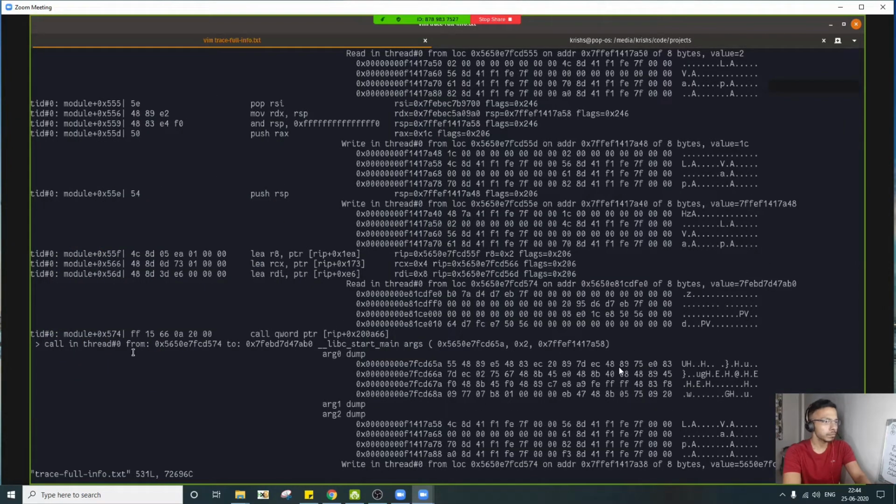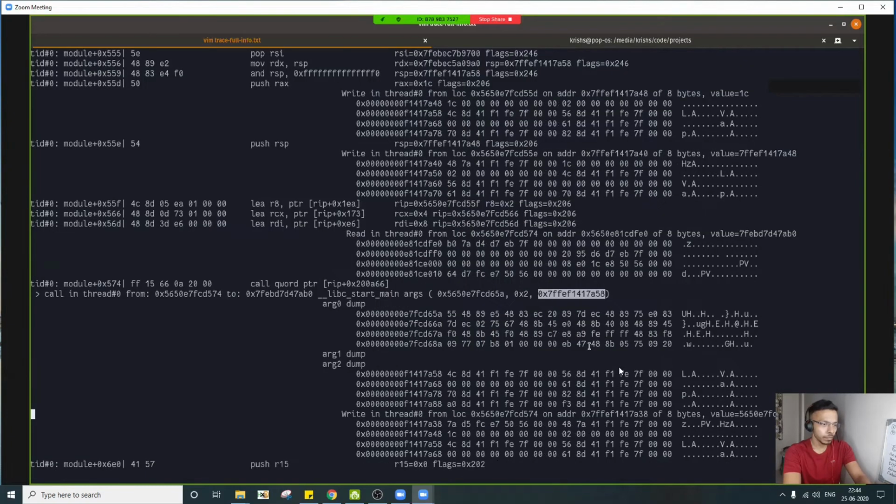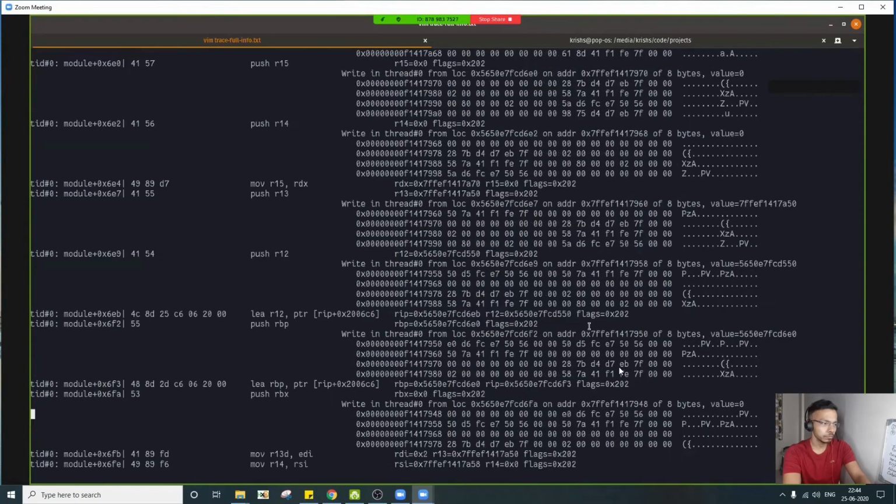Let's say this call is made, and now these are the 2 pointers that seem like legit pointers, right? And you want to see what was at that memory location, if the function dereferenced that pointer, what data you get. This content will be printed in a hexadecimal text manner. You get a hex dump.